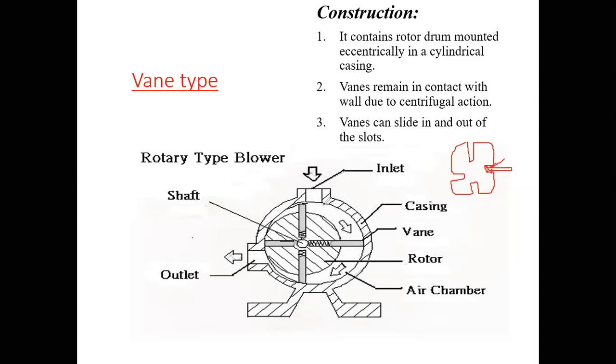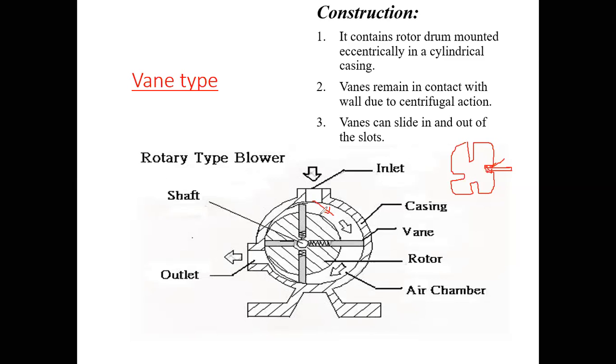So we'll move towards the working principle. Here we can see the rotor. Here we can see the vanes. Here we can see the casing, and the arrangements for inlet and outlet of air. Now, what happens when the suction stroke starts? As this disc or rotor is rotated with the help of a prime mover, the pressure on this side decreases as vacuum is created on this side.